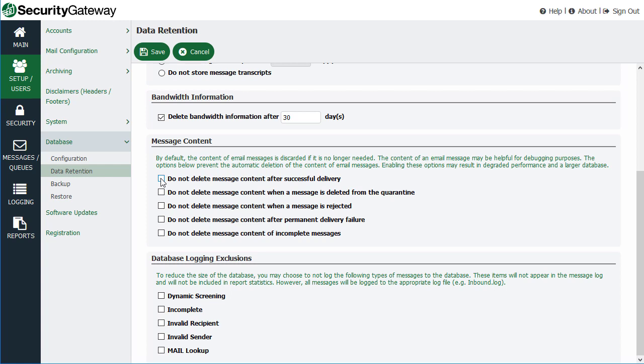But if you want to retain that information as an administrator, you do have the option to do so by checking these boxes here. And again, keep in mind that this means the database will be a bit larger because it will contain this data that is normally deleted. So for example, let me save my changes before I continue,